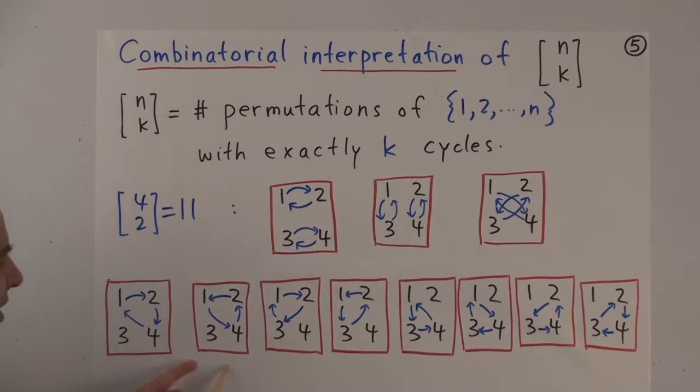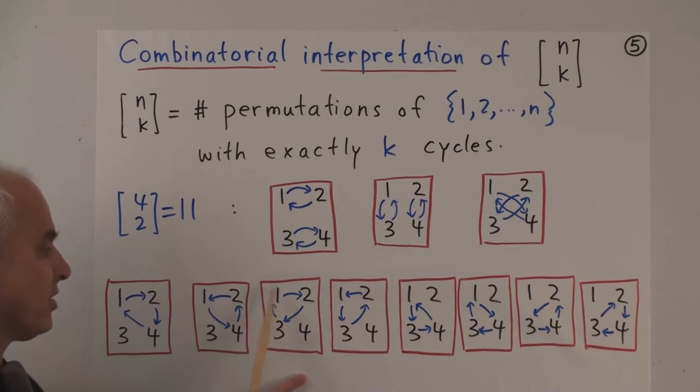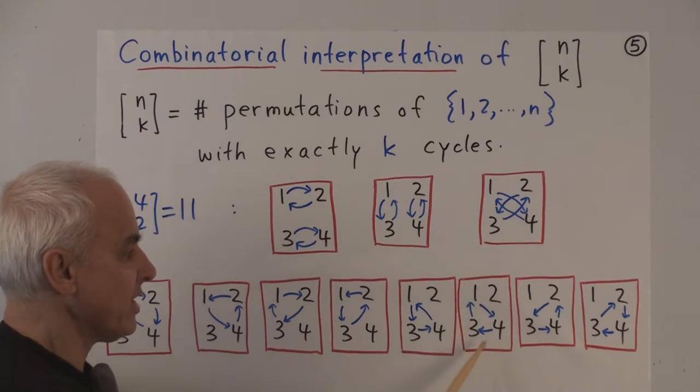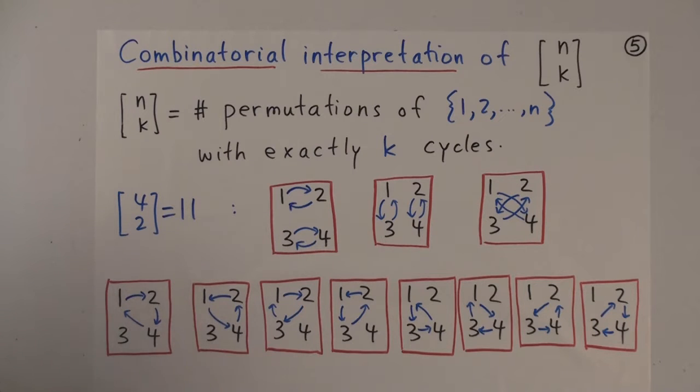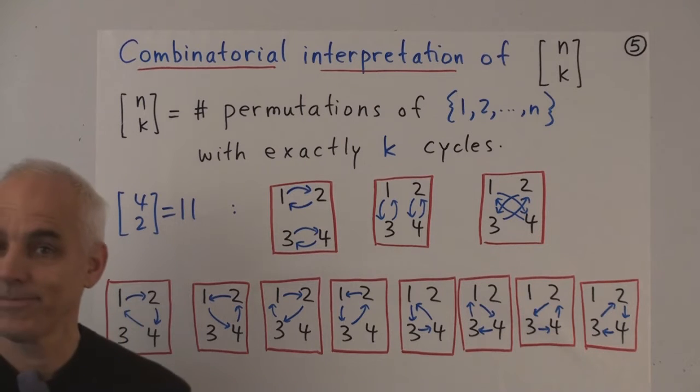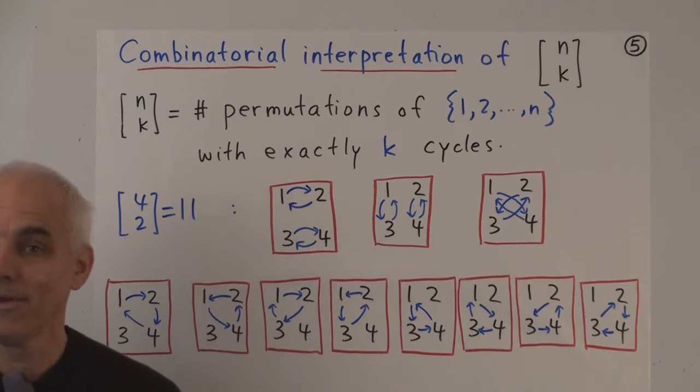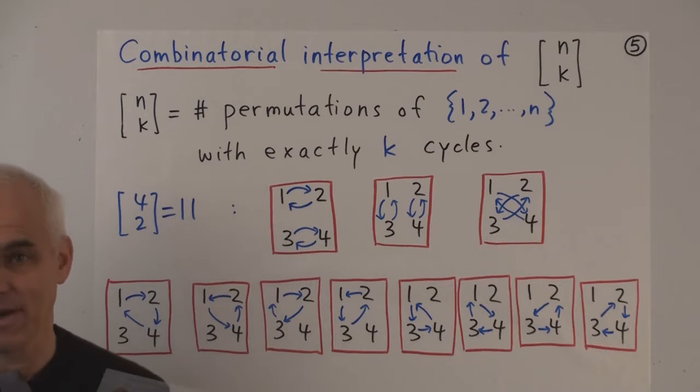And it's not too hard to count that there are exactly 8 permutations that look like this one. So for example, we could also permute 1, 2, and 4 in the opposite direction. That's counted as a different permutation. Or we could choose, say, 4 to sit out and permute 1, 2, and 3, or have 2 sit out and permute 1, 3, and 4, and so on. So there's 8 of that kind, 3 of this kind, a total of 11 permutations of 4 objects with exactly 2 cycles. And that's the combinatorial interpretation of the Stirling numbers.